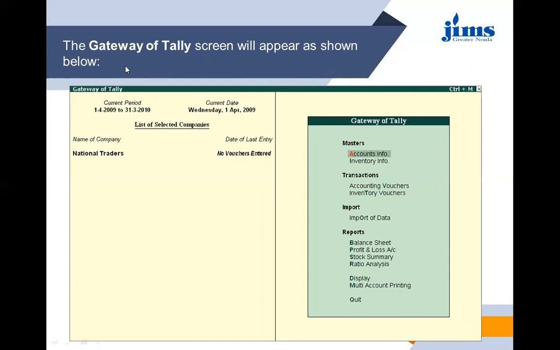So this is the Gateway of Tally page where this company has been formed. As you can see, under date of last entry, there is no voucher entered. It means we haven't made any entry in this company. This is the current period, as we have chosen from 1st April 2009 to 31st March 2010. This is the financial period which we have chosen.